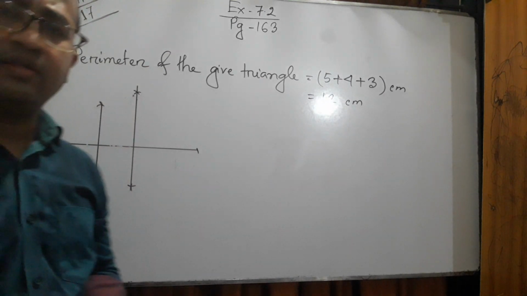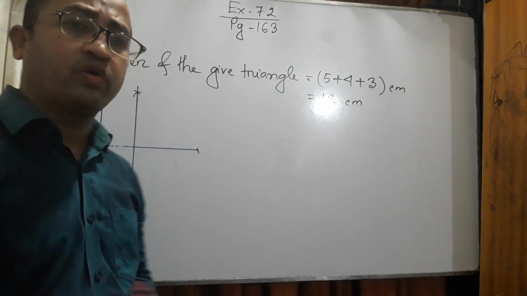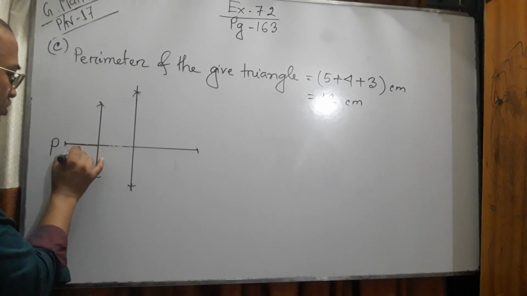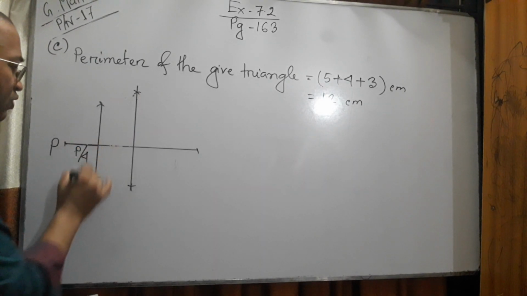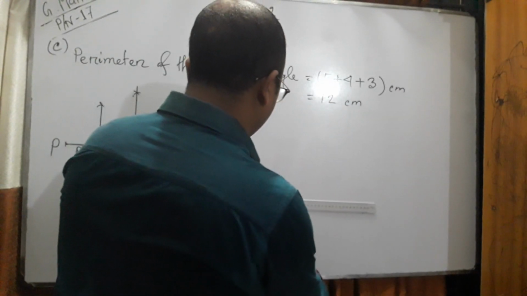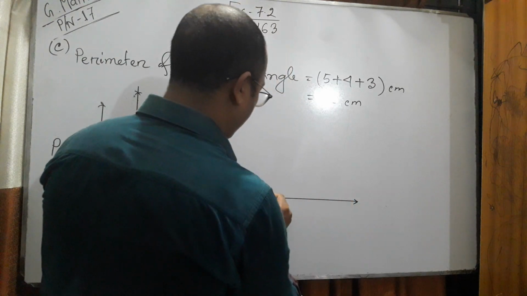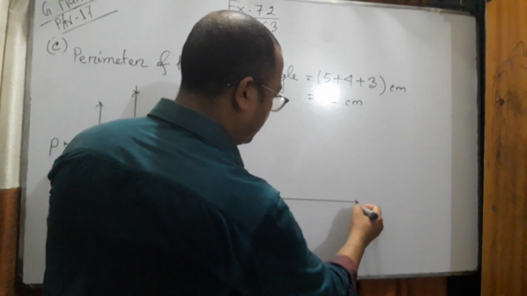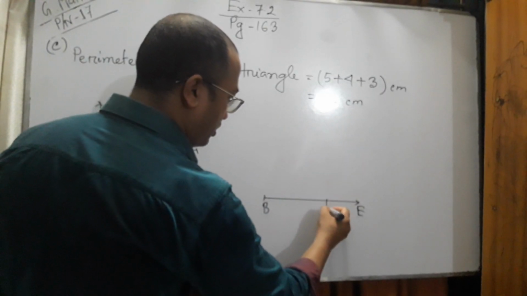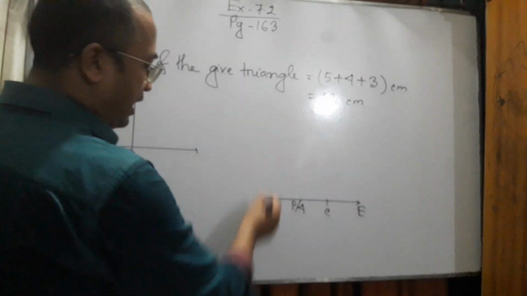How to bisect the line? Just now I have briefed it, so I think you can do it yourself. So this portion is 1/4 of P. I mean this is one side of the square. We will draw the required square from any ray BE. We take BC equal to 1/4 of P. We will draw a right angle over there.